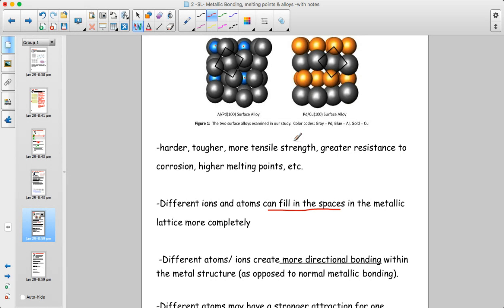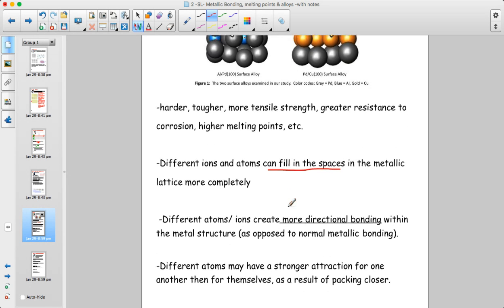But if you packed a bunch of golf balls and marbles together, the marbles could better fill the spaces in between the golf balls, and that would therefore make it more packed together, more difficult for both kinds of balls to actually slide past each other now. And so having different atoms or ions within the structure creates more directional bonding. It has to keep a little bit more of a regular arrangement of how many of this metal versus how many of the other metal